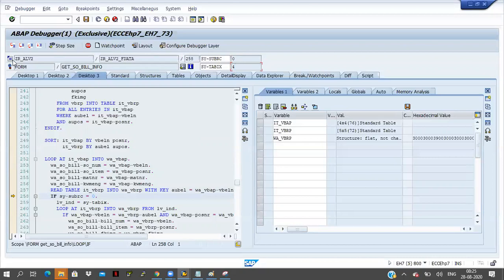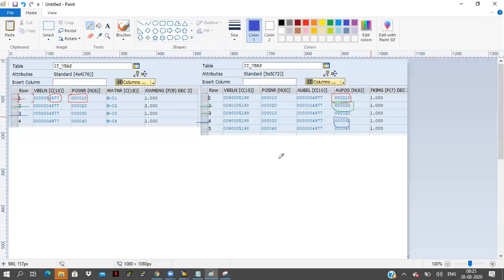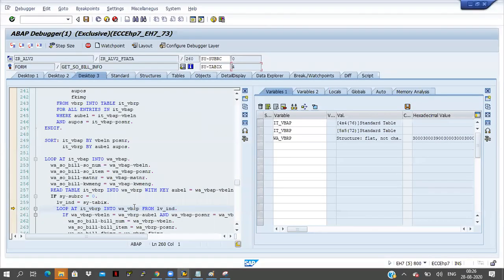Now I am passing that line number 4 to one local variable, LV_IND, and after that I am looping the internal table ITVBRP. I'm giving the condition here: I have to loop this internal table from the fourth record onwards. Loop at ITVBRP into work area VBRP from index number equal to 4.